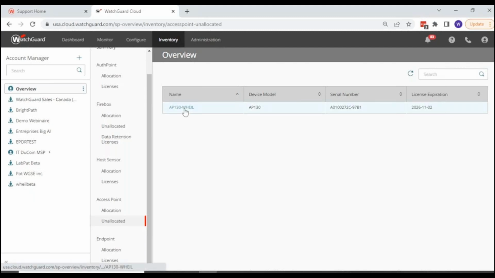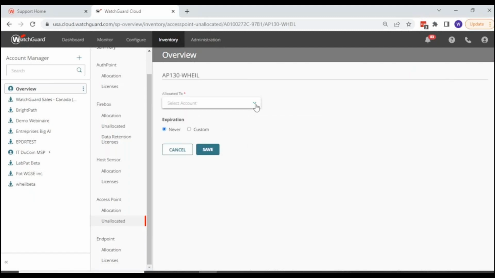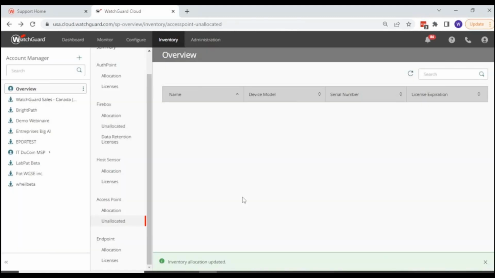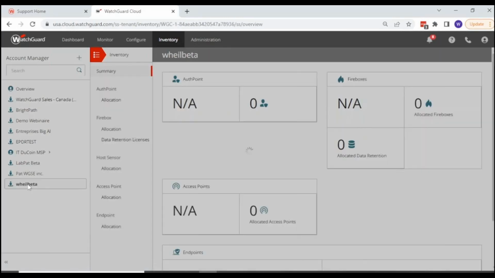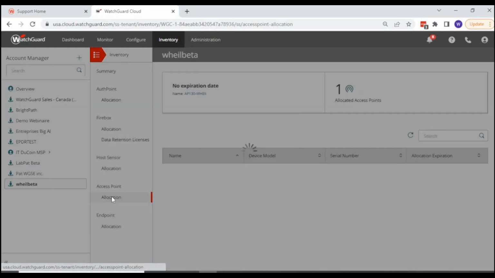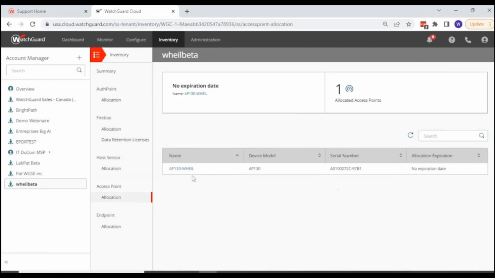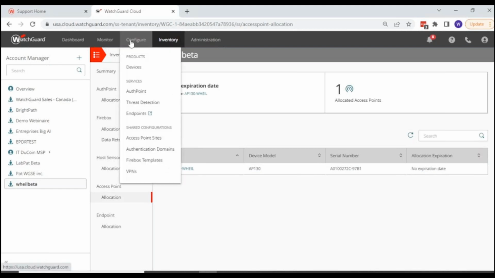So what I need to do is actually allocate it. I'm going to allocate it here to my beta account. I'll put the expiration as never for now, right? Now, if I go back to this specific account and under Allocation, I can see this access point is allocated. So the next step: we allocated the access point, but we need to add it. So what we have to do is configure